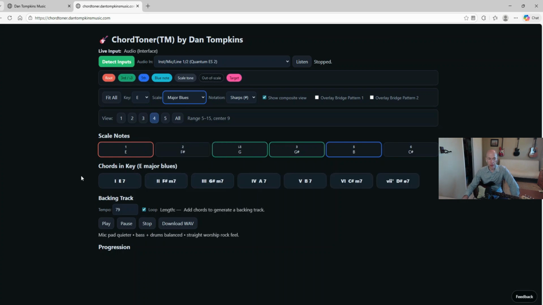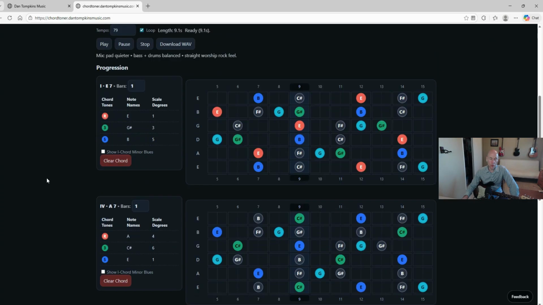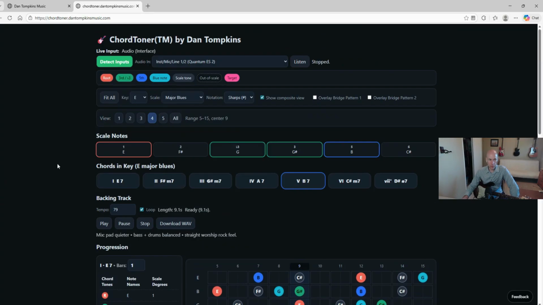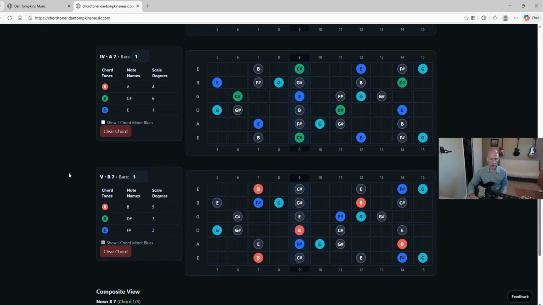and you can see how each time you do that the scale notes change. You get a flat third and a major third for the blues scale. And let's just say we have an E7, A7, B7. Those are actually the chords that are in my song Grace Found Me, and you can see the blue notes have showed up now. So that's what blue note means. So if you remember from your blues scale, you've got